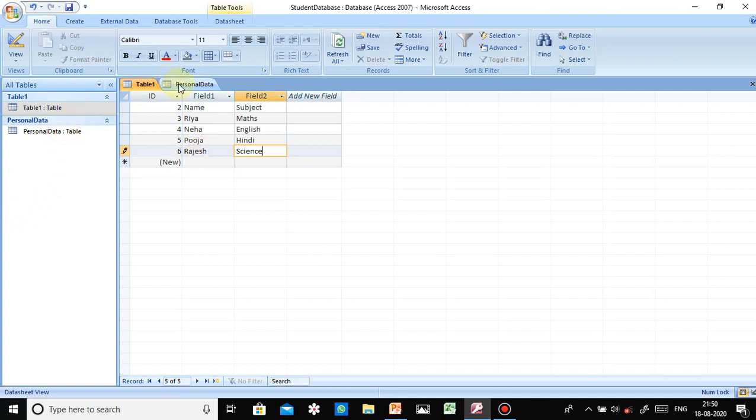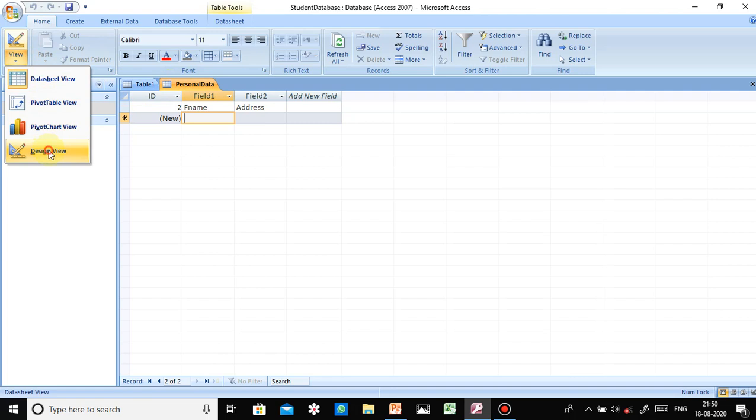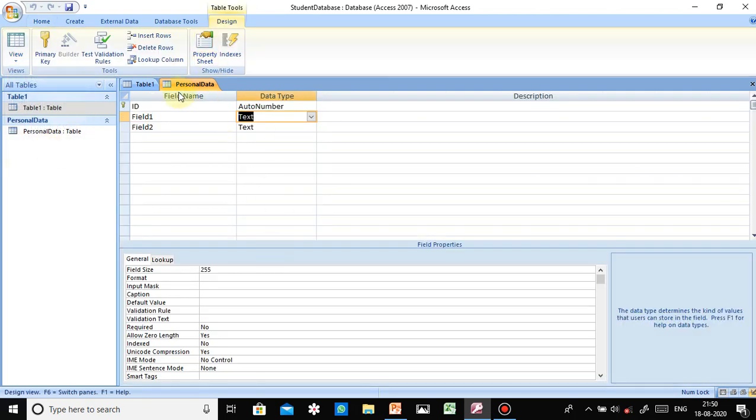Now what do we have to do? Save the personal information, XYZ, whatever you want, you can save over here. After that, we have to know what name we want to save the table with. You have already done this thing. When we move to the next view, it wants the name of the table. We have already saved it with Personal Data. So we can change the text type also.